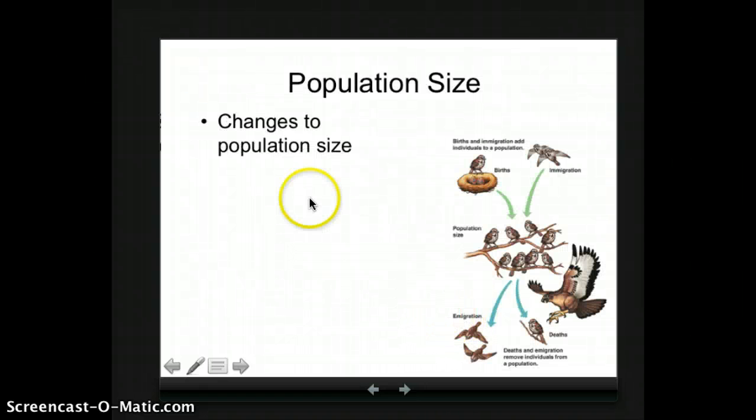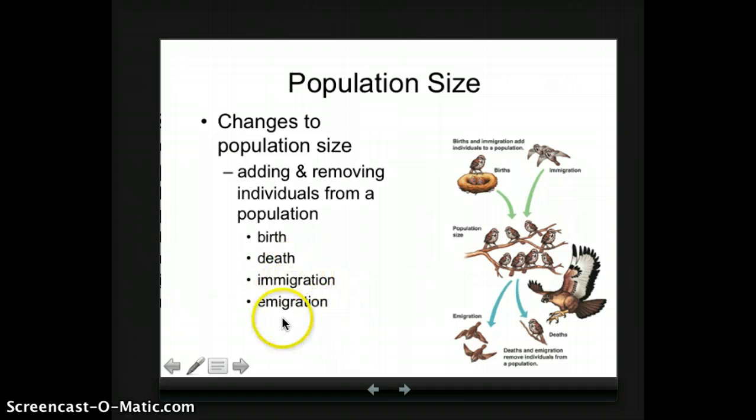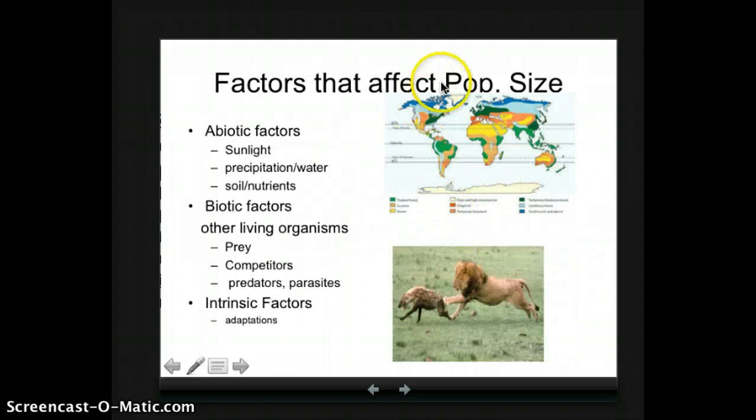Population size can change, and population sizes can change because of births, immigration, which are adding individuals to the population, or removing individuals from a population through death and emigration. So there's two ways that you can remove individuals from the population and two ways that you can add individuals to a population. Okay, factors that influence population size over time would be the accessibility to abiotic factors such as sunlight,